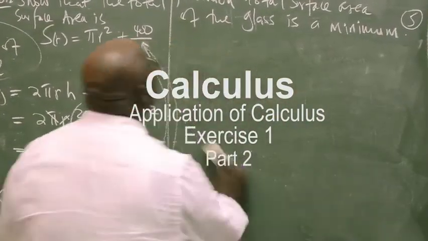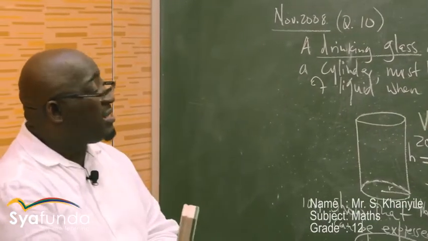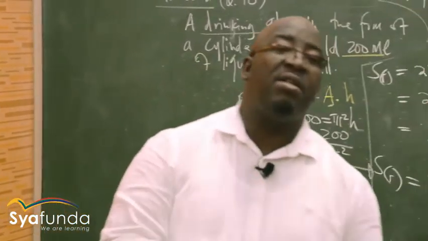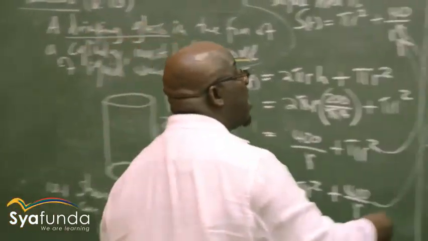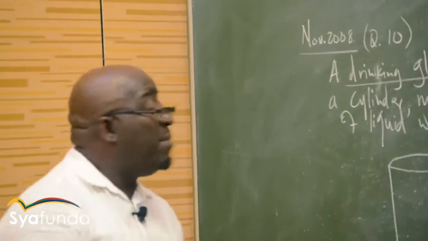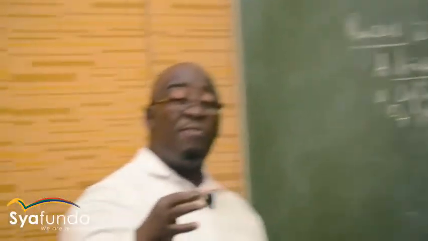Okay, let us look at the last question. Hence, find the value of R for which the total surface area of a glass is minimum. It's important that you note the keyword there. In this particular case, my keyword is minimum. It might not necessarily be minimum, it can also be maximum. So when I see the word maximum or minimum, I know that I've got